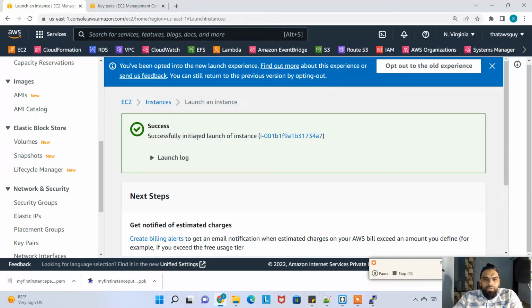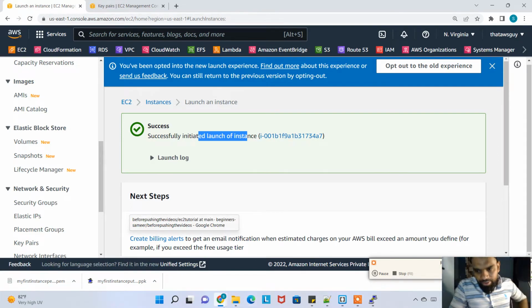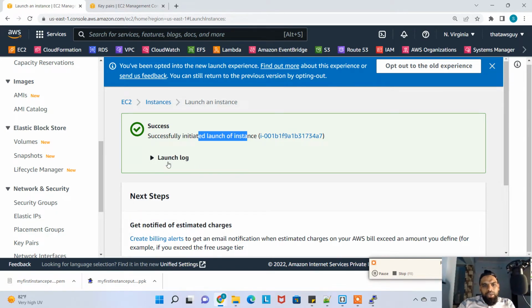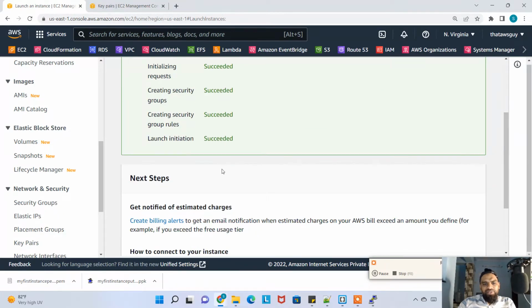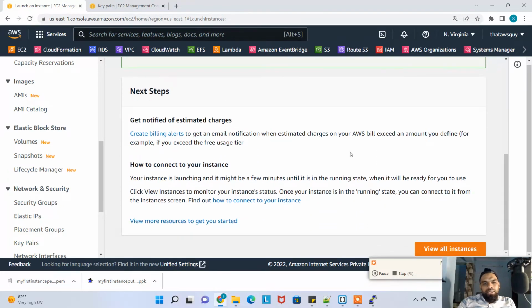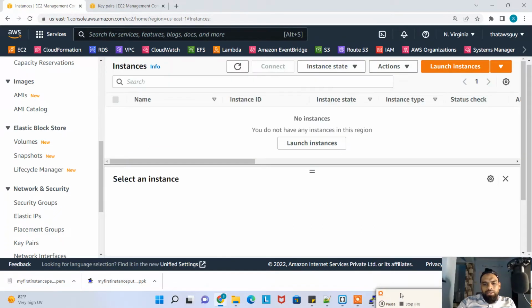So we've successfully initiated the launch of the instance, and this is the instance ID. The instance ID always starts with i- followed by a couple of random alphanumerics. If you click on launch log, it will tell you succeeded, succeeded, succeeded. If you have any issues, it will say failed and will not create an instance. Now if you click on view all instances,